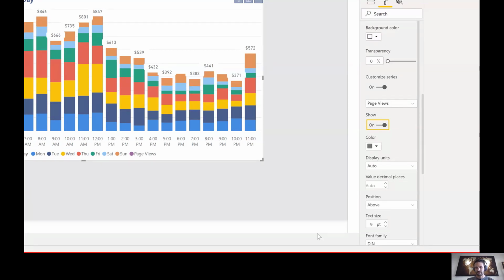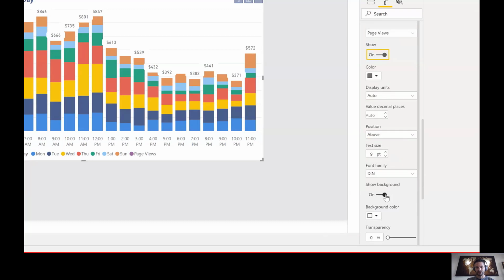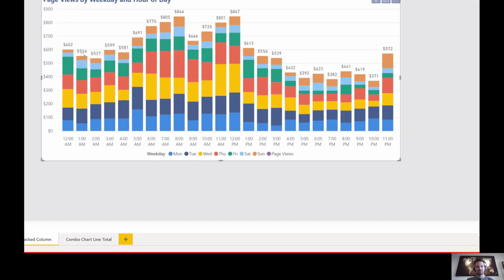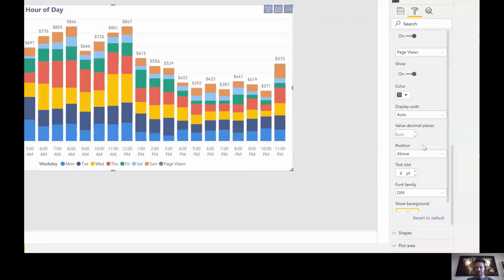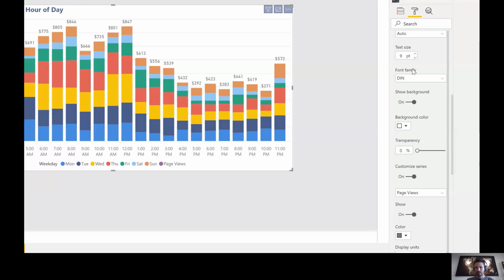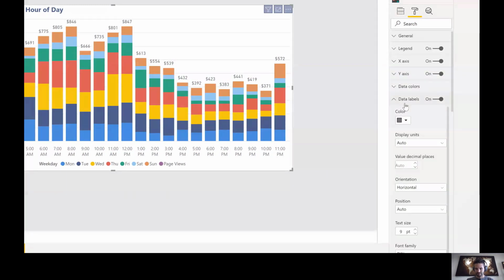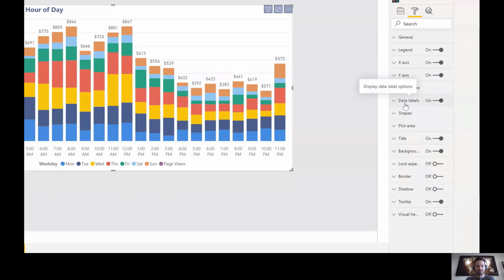It's starting to actually sit on the top of these. And the other thing I want to do, I want to turn off show background. There we go. We're getting that nice, perfectly stacked value on the top of all of this. And then a couple of the things you can do to format if you really wanted. One thing that I've liked to do is I will come over to